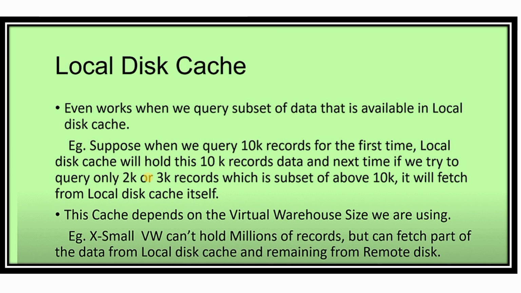That is how cache works and the difference between a local disk cache and a results cache. So that's all we wanted to tell you in this video about the results cache and local disk cache. Basically, the difference is that if we are working with the results cache and want to fetch the record from it, then we have to fire the same query. This is basically the drawback of the results cache.